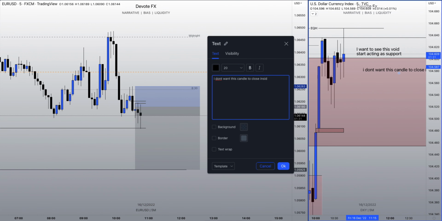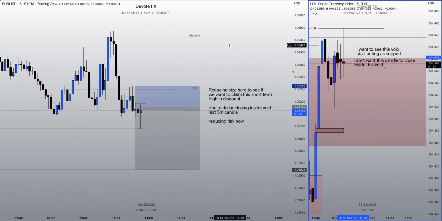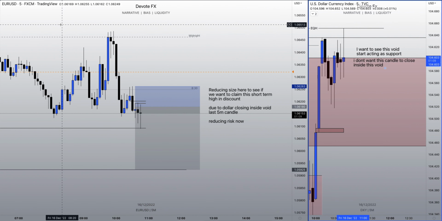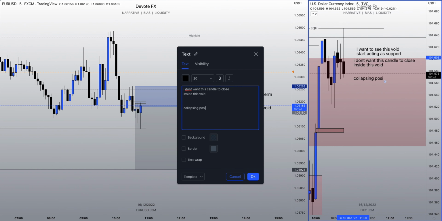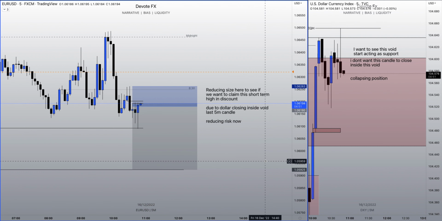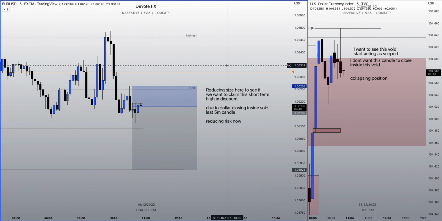We do have the newly created 5-minute fair value gap there. So this is where I inevitably collapse my position. I didn't like seeing that we tapped into equal highs, and then dollar wants to come back into this daily void. I believe that we could still draw into the volume imbalance, and I don't want to be caught giving my profits away